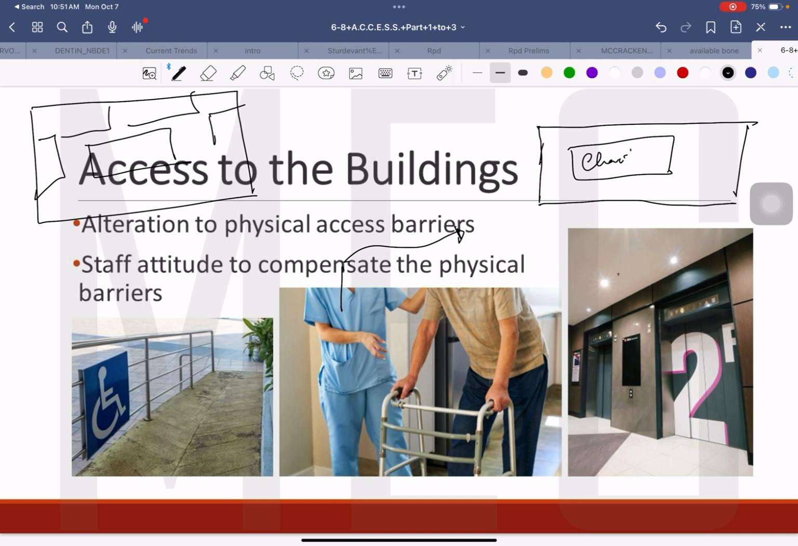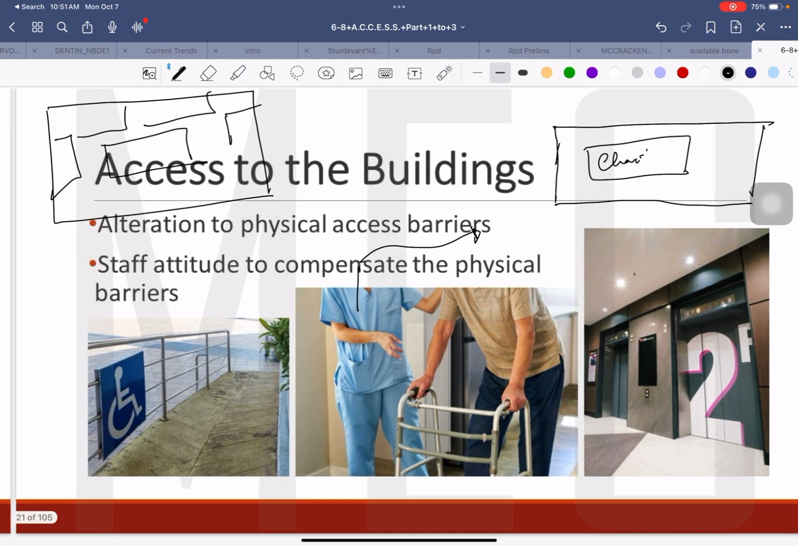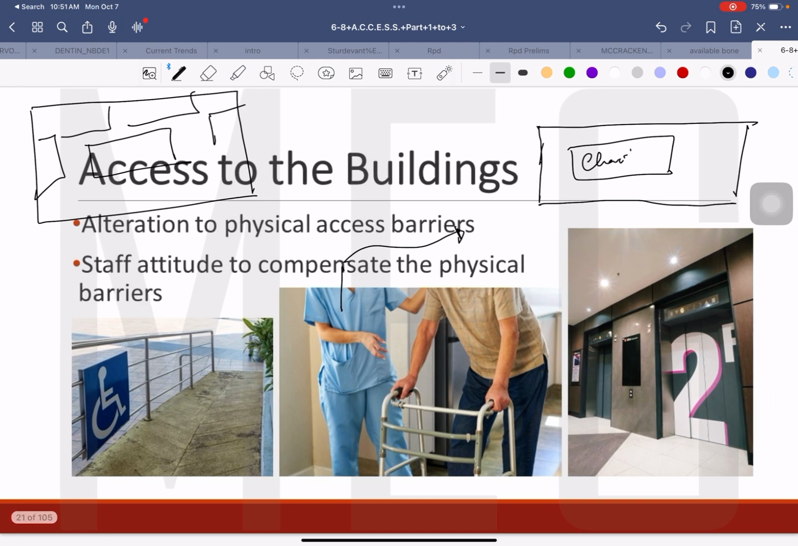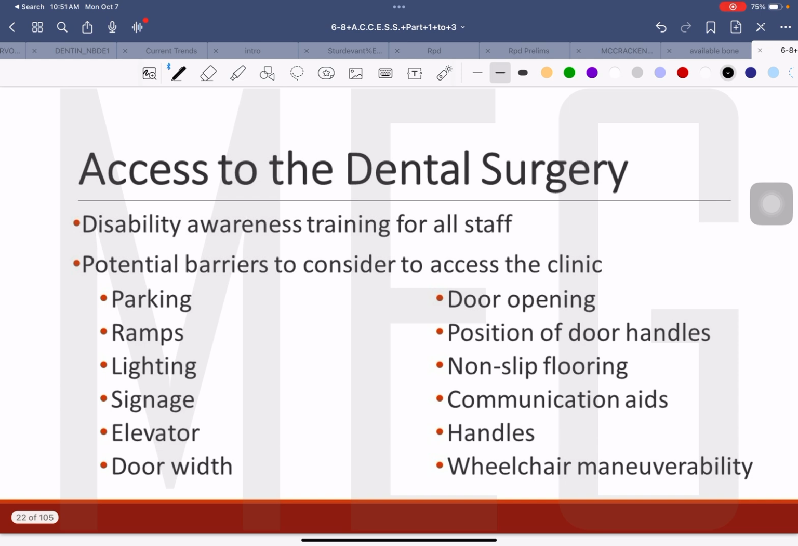Dami basura. So staff attitude to compensate the physical barriers. As you can see, helping patients to cross over some of the areas, building ramps, building elevators for these patients. Then access to dental surgery. When we say dental surgery, these are the dental procedures that we are going to do, or your dental clinic. So disability awareness training for all staff. Potential barriers to consider to access the clinic, like parking, ramps, lighting, signage, elevator, door width, door opening, position of door handles, non-slip flooring, communication aids, handles, and wheelchair